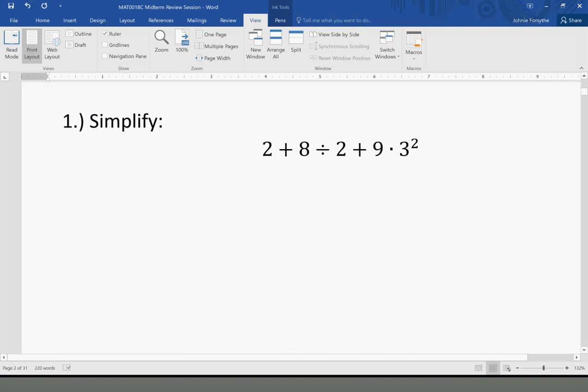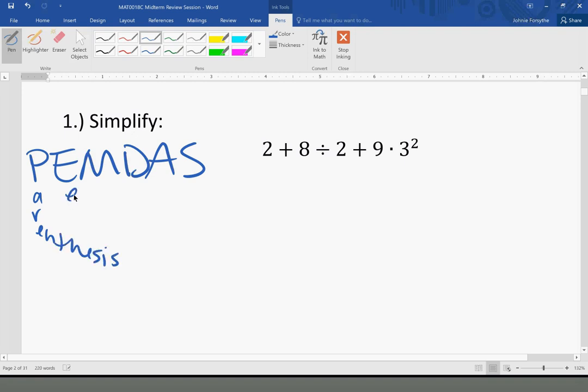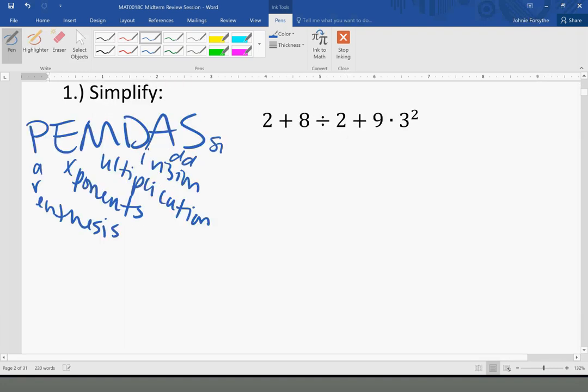Okay, so number one, simplify. We have this expression here. So it's 2 plus 8 divided by 2 plus 9 times 3 squared. To simplify this, you want to remember your order of operations, often referred to as PEMDAS, or please excuse my dear Aunt Sally. So the P represents parentheses, E represents exponent, M is multiplication, D is division, A is addition, and then subtraction. Looking at this, we do not see any parentheses, so we go to the next one,